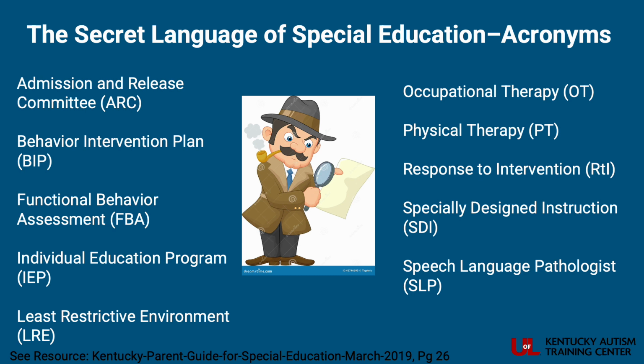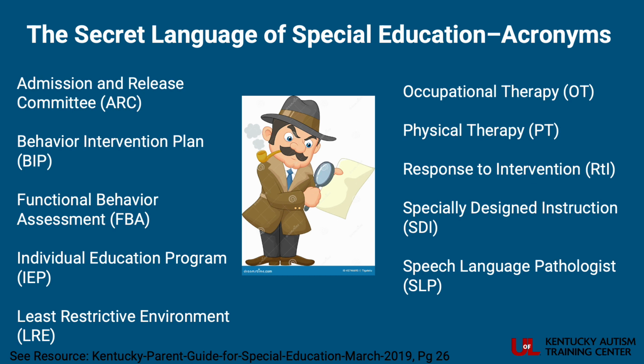The first is the ARC, known as the Admission and Release Committee. The ARC is a team of individuals that makes educational decisions for a child who may need special education services or who has already been placed in services. It includes the parent, the child as appropriate, a regular education teacher, a special education teacher, a district representative. This might be the principal, director of special education, guidance counselor, or some other appointed individual. Any evaluators and related service providers as needed. Sometimes the ARC is also referred to as the IEP team. It really is all the same thing.